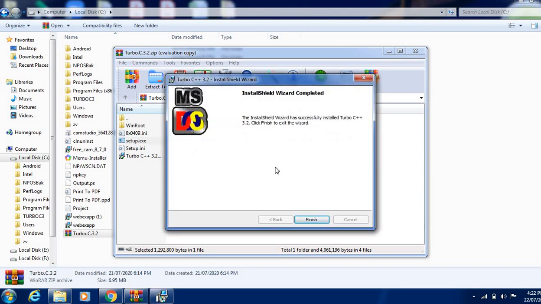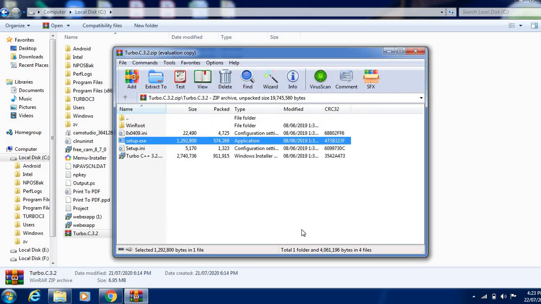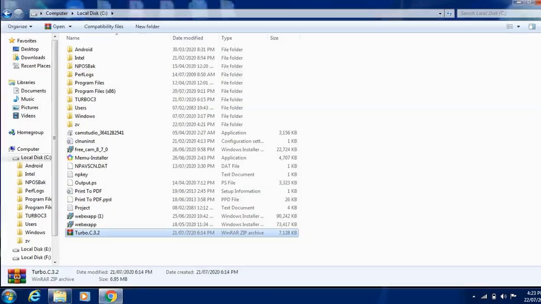It will take only a little time, and then click on finish. In this way you can set up Turbo C++ on your computer. Just remember, we need to run which setup file? Setup.exe, and every time just click on the next button, and finally click on install and finish. Okay, I am closing this window now.